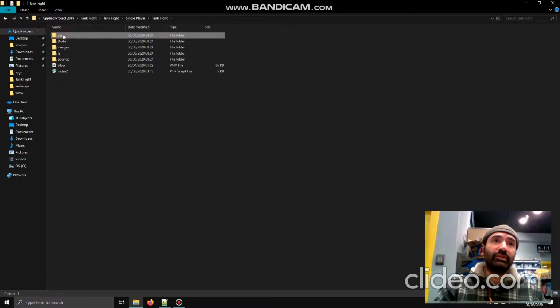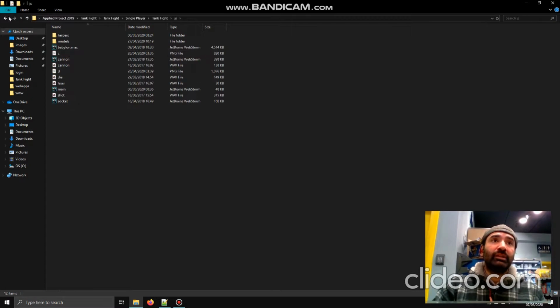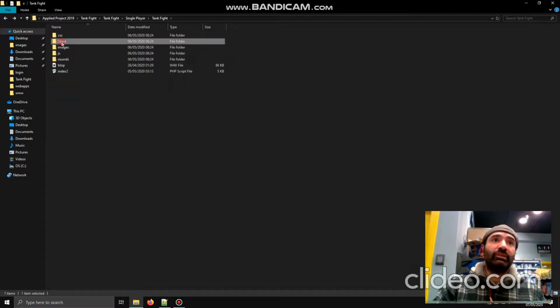And in this folder you have the single player game. If I go into index, it is just generic. There's a canvas and the HTML. This folder contains the JSON for the character to be imported. Images are all the images used. Here is the CSS. All the sounds used are here, and this is where the JavaScript file is,